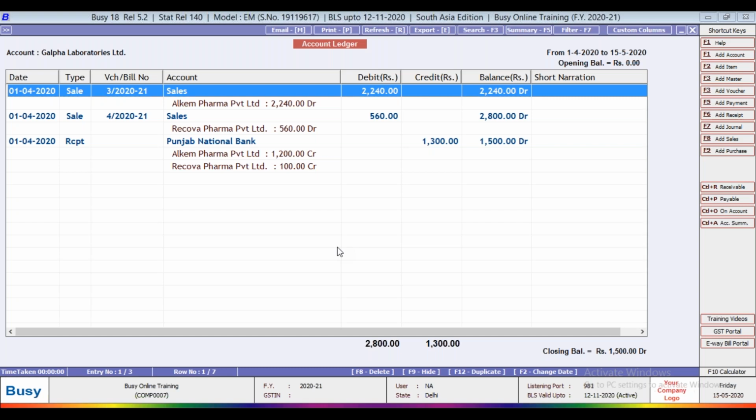Total amount credited is 1300. So this is the purpose of creating a sub ledger. Suppose you have two branches, you can maintain both branches in a single software. You can maintain the sub ledger feature.